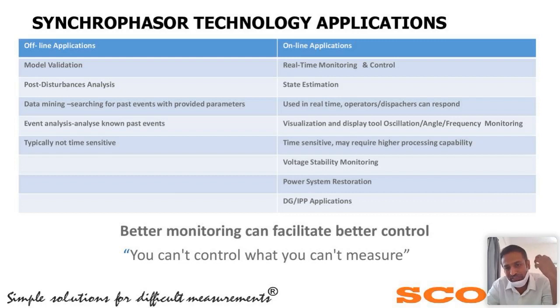You take the data, continuously store it in your database, and whenever there is a problem, you have to take the stored data and do the post disturbance analysis: what exactly happened and how it happened, where this particular problem was initiated, how it ended, and what different alarms or events happened during this disturbance. Those things are mainly for analysis purposes. So you don't take real-time decisions with these offline applications.